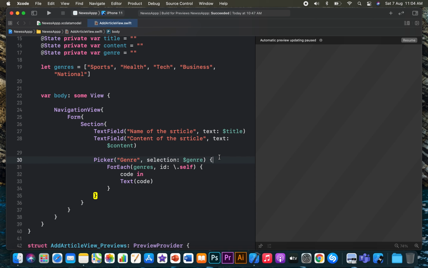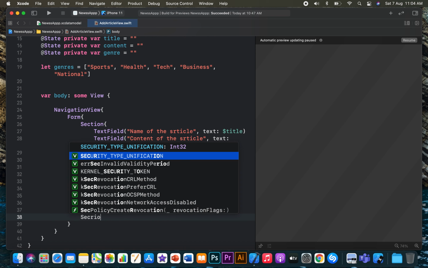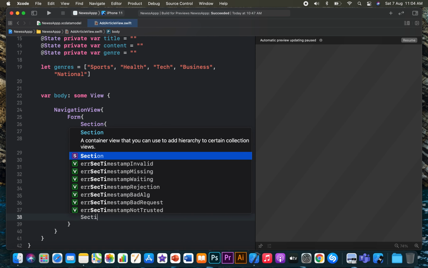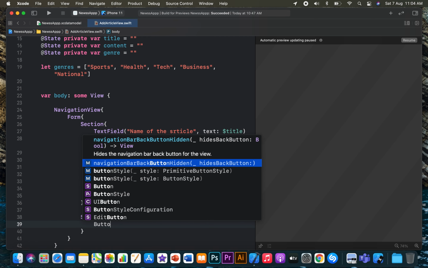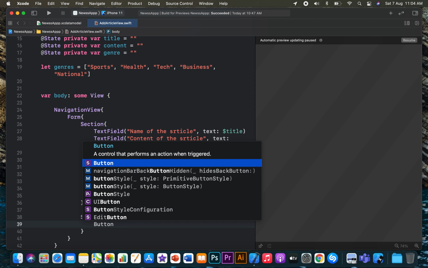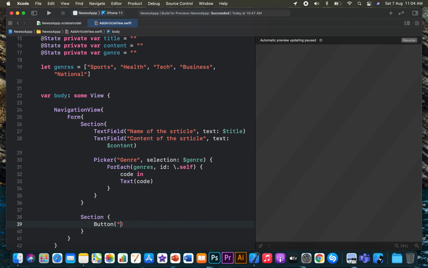And one last thing is that we need to create our save button, but the code for it we would add later on. So let's create a separate section for that, and inside that we would add our save button, which would have only a name for now. Let's just create a section first. So we would use a button, and it would obviously have a label, and then an action closure. Let's just give it the name Save, and then the closure, and we would add stuff inside it later on.